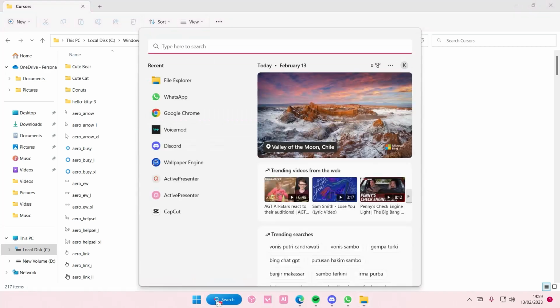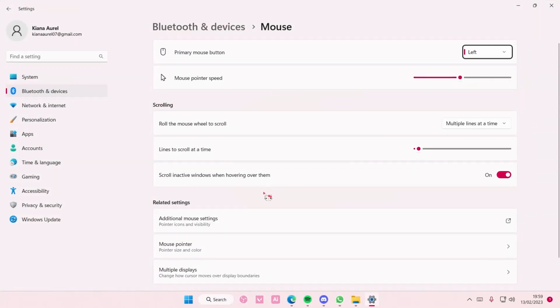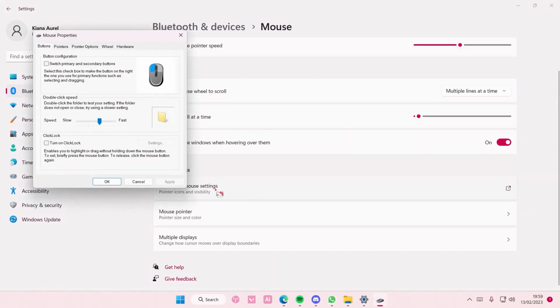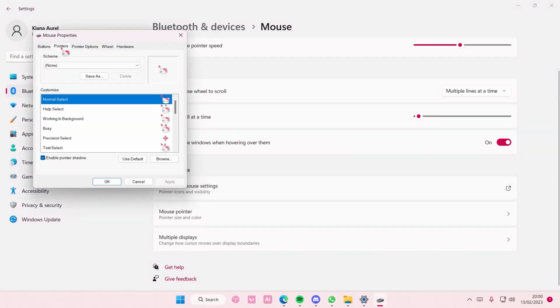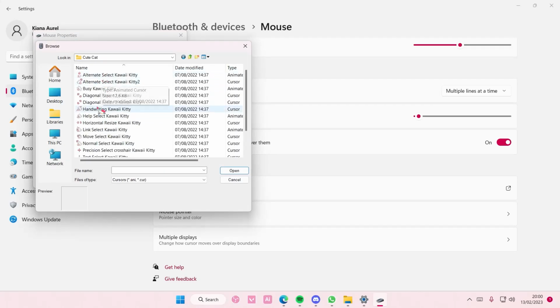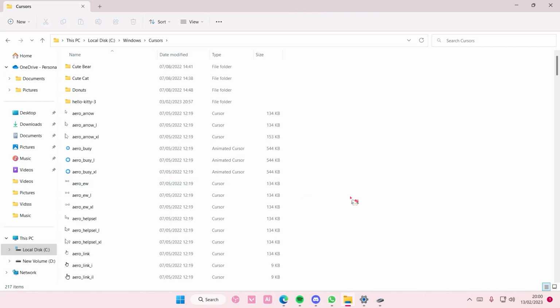Then you're just going to search for mouse settings, select it, and you're going to select additional mouse settings. Then you are going to select pointers, and here's where you can change your pointers. So for instance, I want to change the normal select, browse and select the one you want. So I'm just going to choose the normal select one and press apply, and as you can see it changes